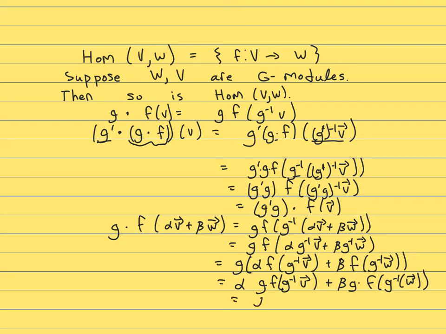We finally see that we have alpha g dot f applied to v plus beta g dot f applied to w. So yes, this is linear. Yes, it's good to remind ourselves here that we are acting on all linear transformations. And why are we interested in that? Well, let's look at